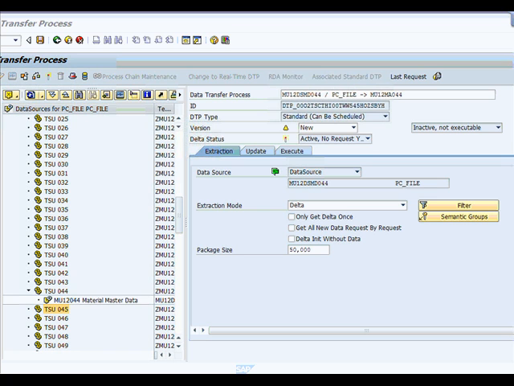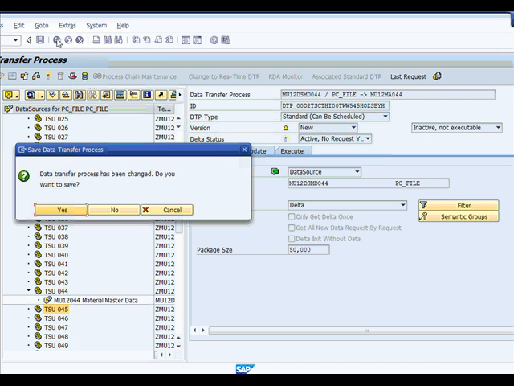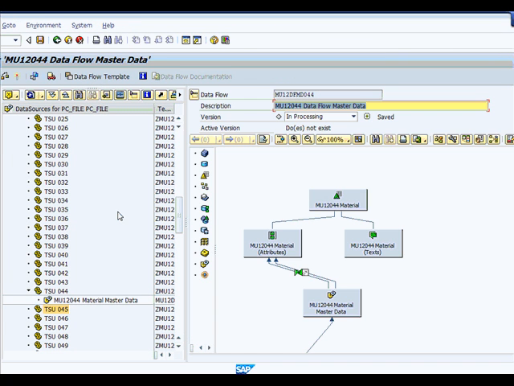Okay, now we are going, I think you are not here, so let me go back to where we stopped. So we created that link between the material master data and the attributes, and we need to double click it,